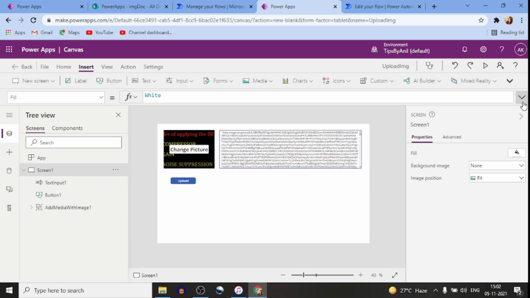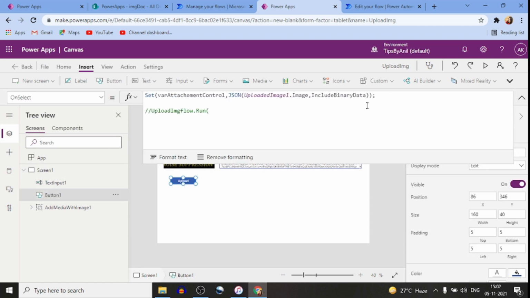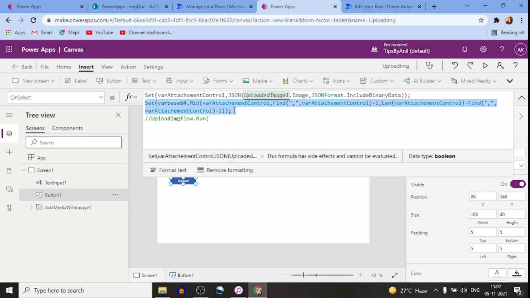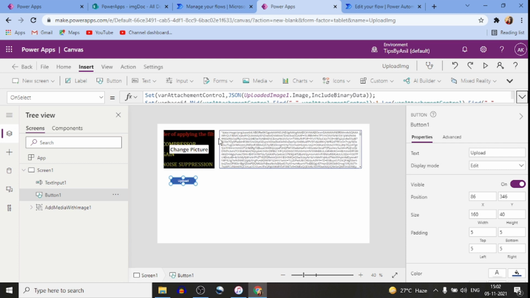For that, I will go again over here and copy and paste a formula. This formula I will paste in the description also, so that you can copy and paste. What we are doing over here is just removing this unnecessary text.